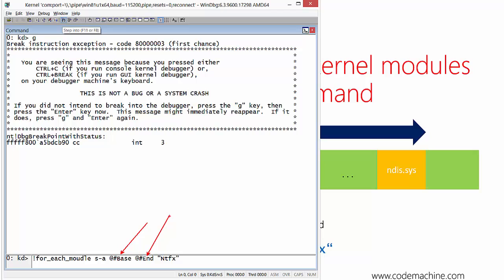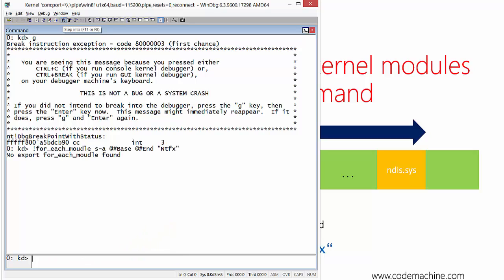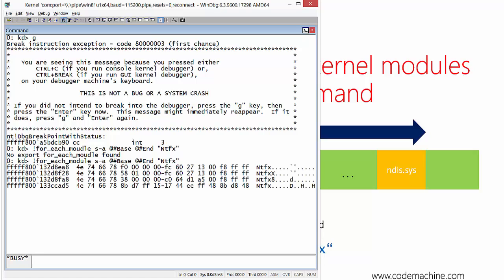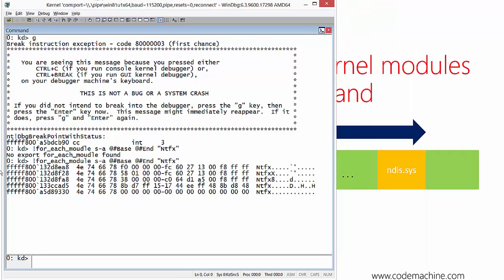This command quickly scans the modules for the pool tag and lists all the addresses where it found a match. We can now pick any of the addresses